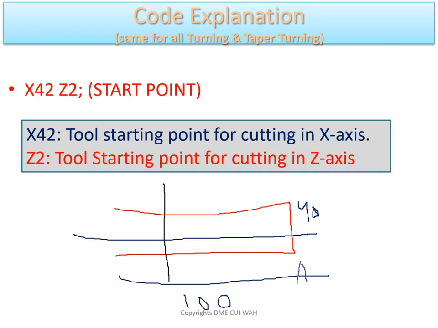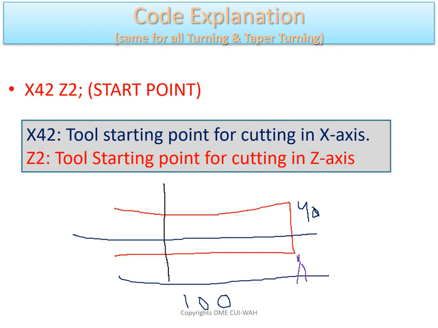There will be 2 mm clearance in both axes. From the Z axis, it will be 2 mm away from the tool, and from the X axis, it will be 2 mm away from the workpiece. Our tool will be, this gap is 2 mm. So by giving that command of X42 and Z2, our tool will move just to this point 2 mm away